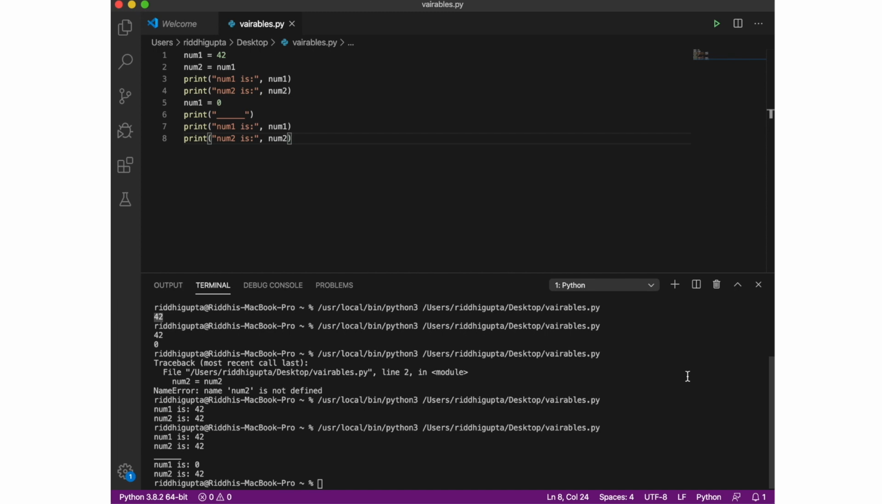Now, the reason that num2 is still 42 and it's not 0 is because num2 is an alias of num1. Referring to the bucket example, if I copied the contents of bucket 1 into bucket 2, I would not literally be putting the contents of bucket 1 into bucket 2, but rather I'd be putting a copy of the contents